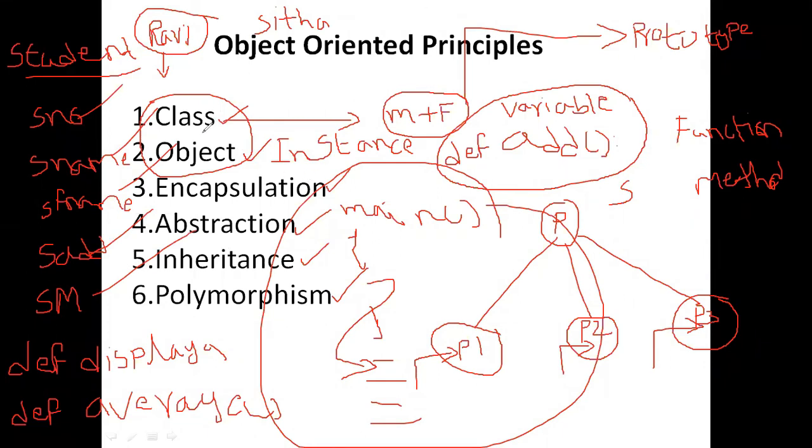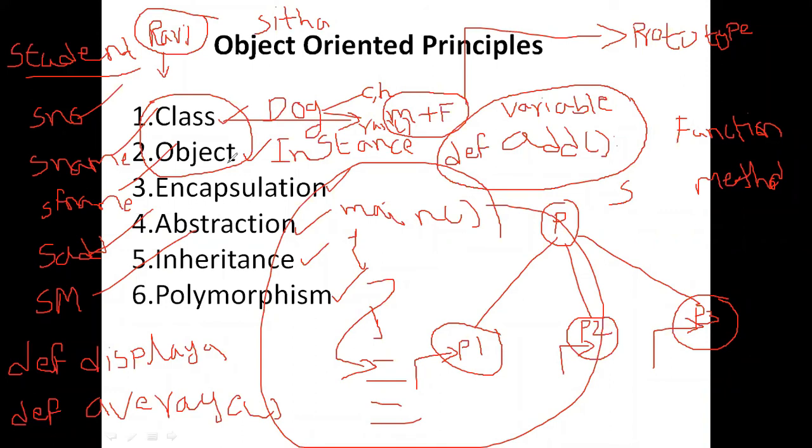Simply saying, assume that there is a class dog. The dog is a class. This dog has some attributes, for example, color and height. And the functions, let us assume, running is a function. Now the dog does not exist. As a programmer, we think that the dog is a class. It has two attributes, color and height, and one function, run. But when an object is created for this dog, for example, Snoopy, Snoopy is the object of this dog. Now that Snoopy will exist.